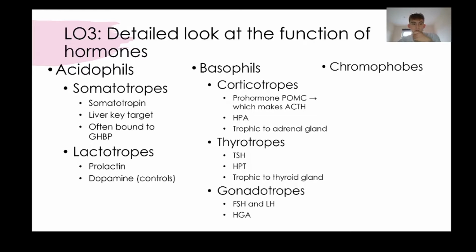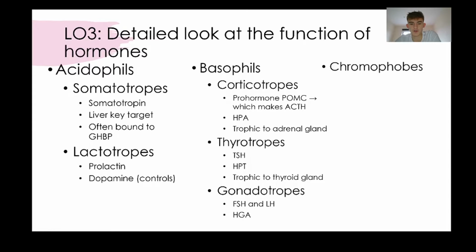We also have lactotropes, who release prolactin, and that's controlled by dopamine. So high dopamine means less prolactin. Moving on to basophils, we've got corticotropes. Firstly, the hypothalamus will make this POMC, which breaks down to ACTH, and that's in the hypothalamic pituitary axes. So these are the breakdown of the axes in the brain. And they kind of act on the adrenal gland,